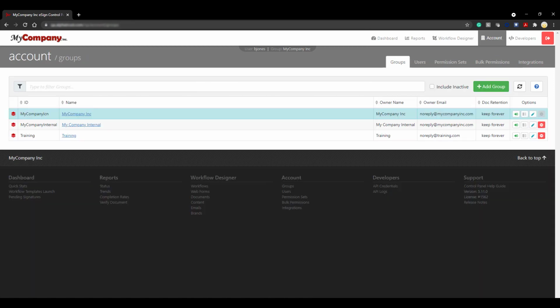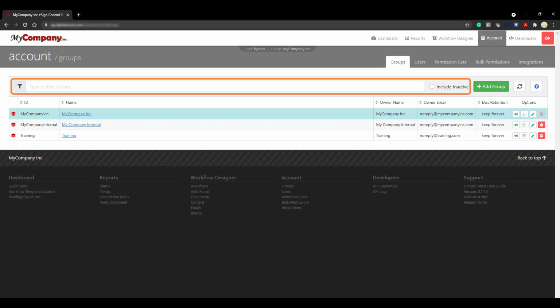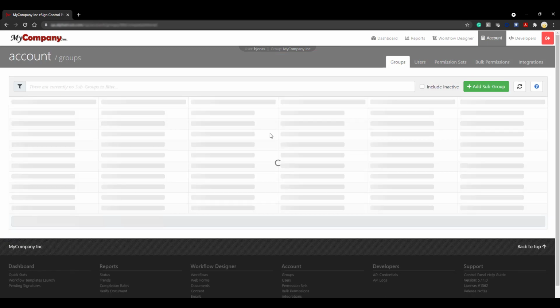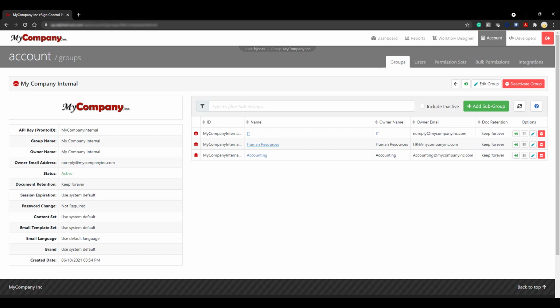On this page, you will see options to filter through groups by text and include inactive groups in the results. The blue highlighted group is the group that you are currently working in. Once you've found the group you need to work in, click on the name of the group or the View Details button. That will take you to the Groups page where you can see an in-depth view of the group's